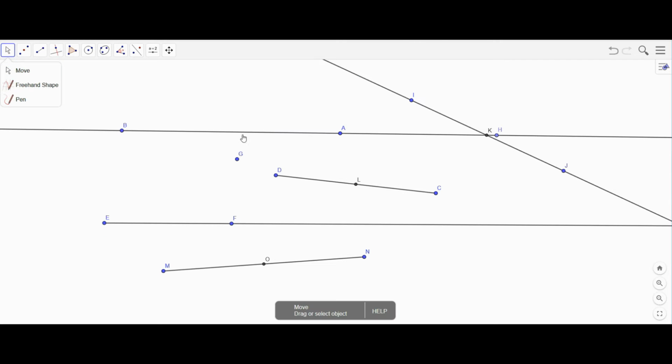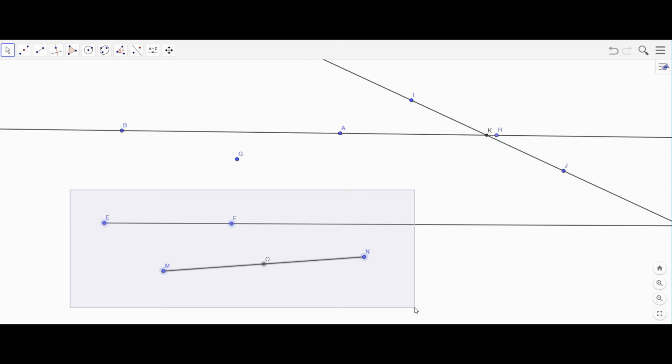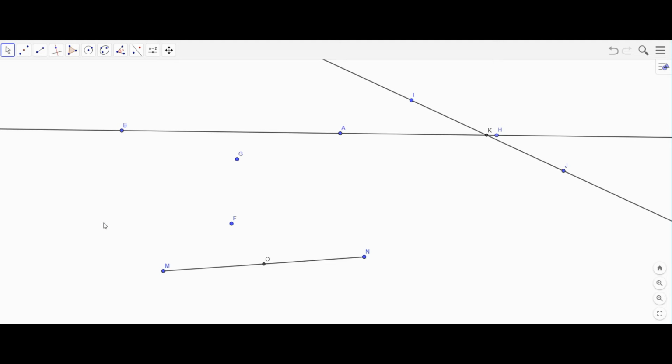So let me do this. Let me right-click, and then I can highlight, and then hit delete, and I can delete several things here. Oh, before I do that, let me just show you something. If I delete point E, that ray goes away because it depended on point E. Okay, let me show you something else. If I want to make sure that these lines intersect,